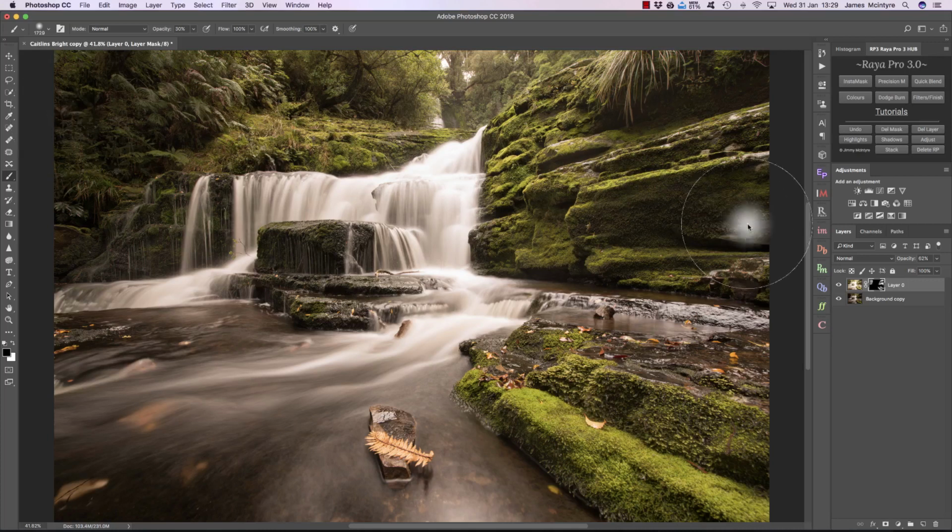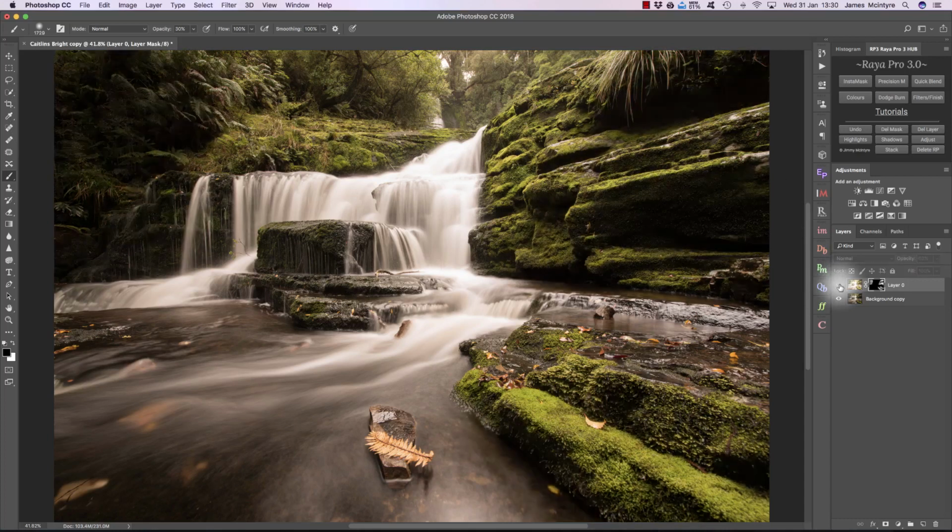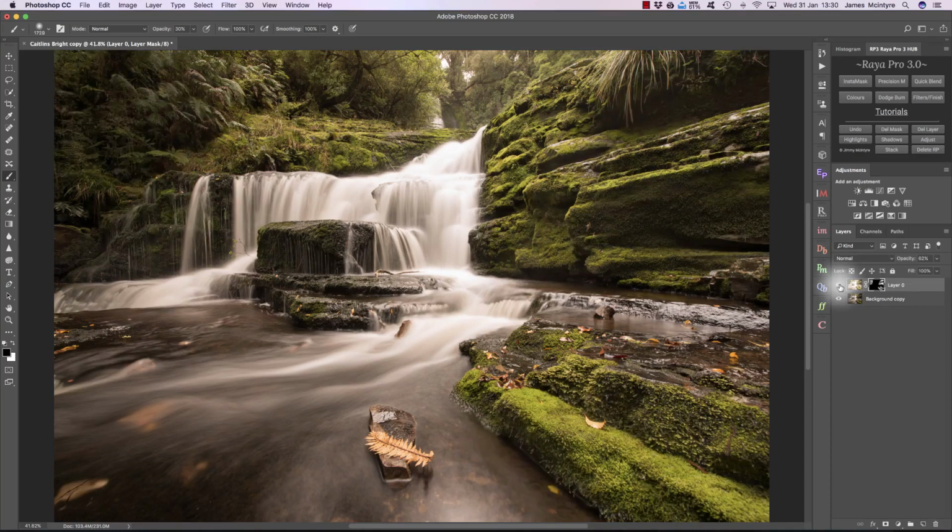So here is a quick before and after from the exposure blending. We've brought back some useful information into those darker areas. Now I just want to show you one cool thing that we have in Raya Pro 3 that isn't related to exposure blending. If you've just blended your exposures and they're looking a little bit flat, you haven't added any